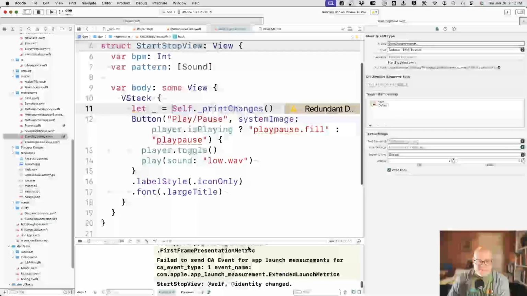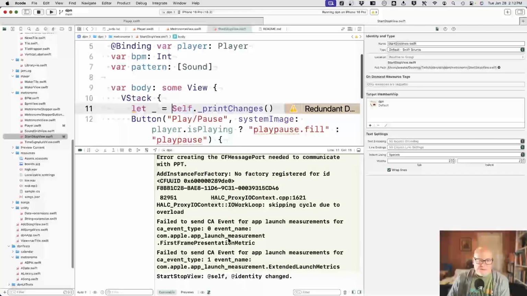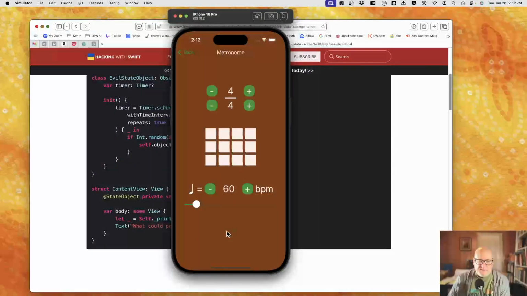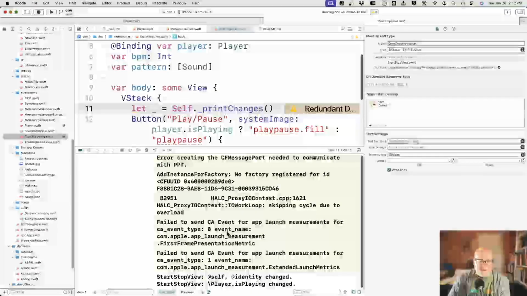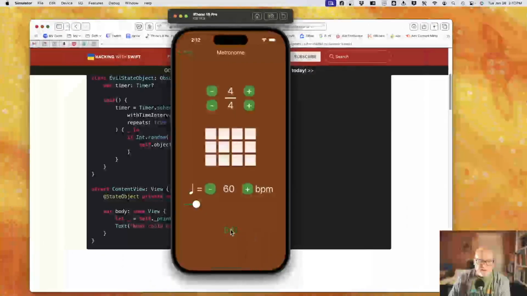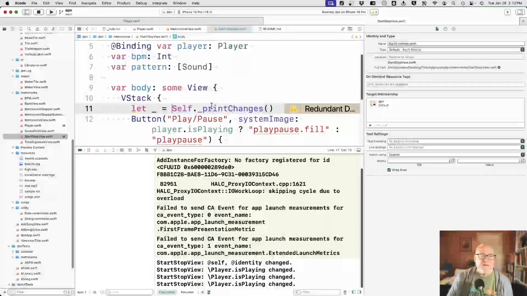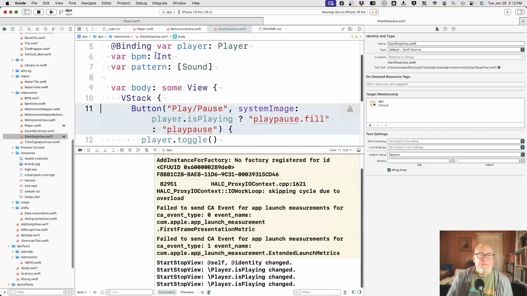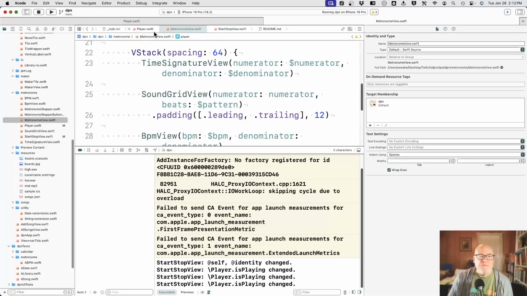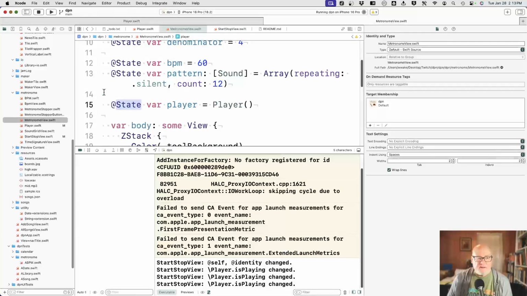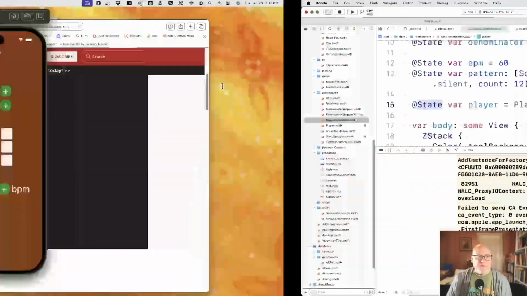Okay, so start stop view identity changed. That's the startup. Player is playing dot changed. Okay, yeah, let's try moving this thing up. Well, I mean, metronome view is pretty good. Although,